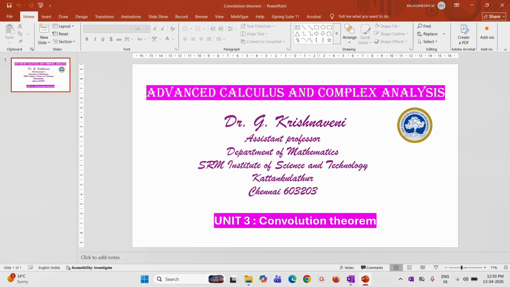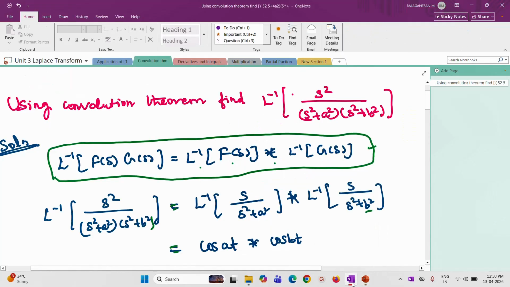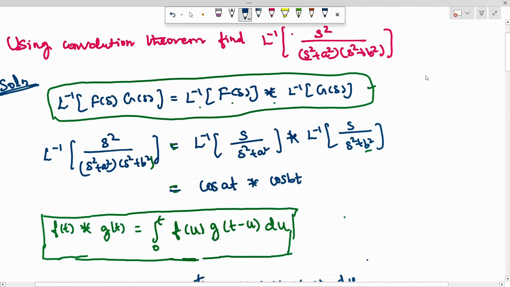In this video, we are going to discuss a few problems on convolution theorem. First problem: using convolution theorem, find L inverse of s square by s square plus a square into s square plus b square. Before we start to solve this problem, first you should know the statement and definition of